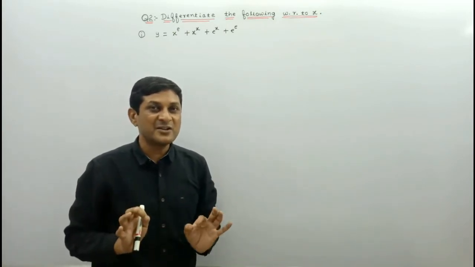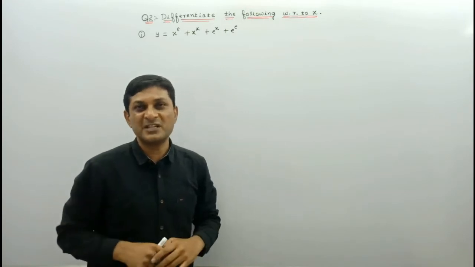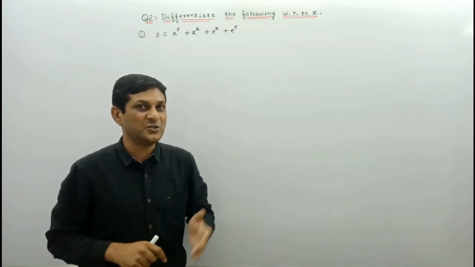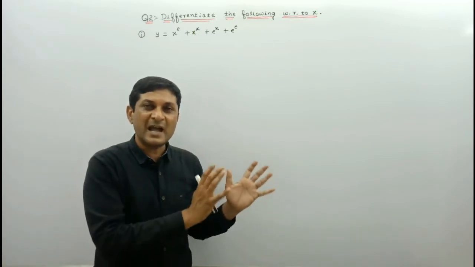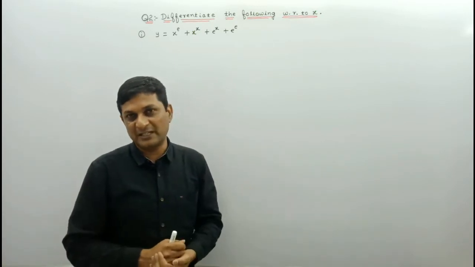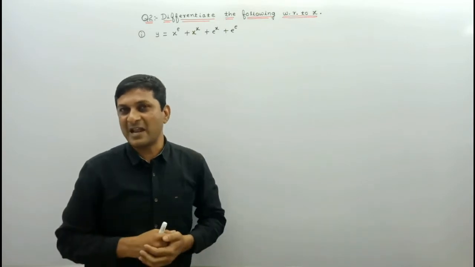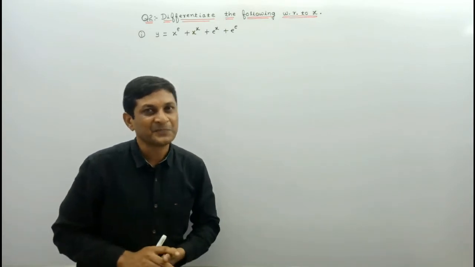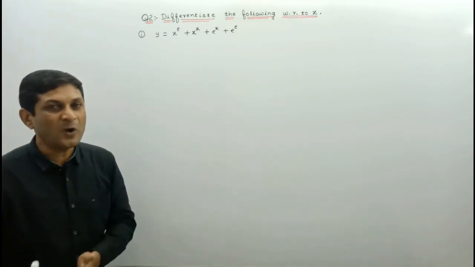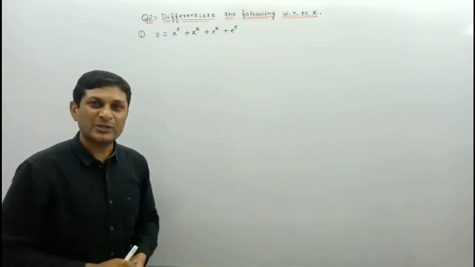फंक्शन. When we are using this method, if at least one term is in the form of f of x raised to power g of x, we have to find out its differentiation separately applying logarithmic differentiation method, and later on we have to substitute the value of differentiation in the given function. Hope the ideas are clear to you. Same method we are applying in all the examples from this question number 2.